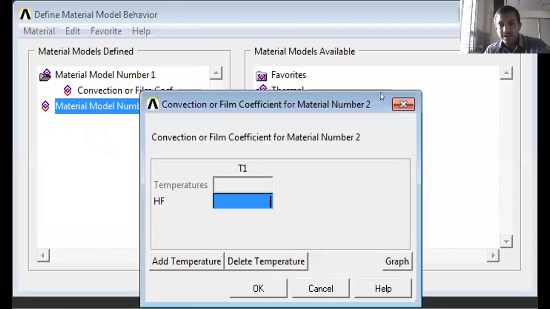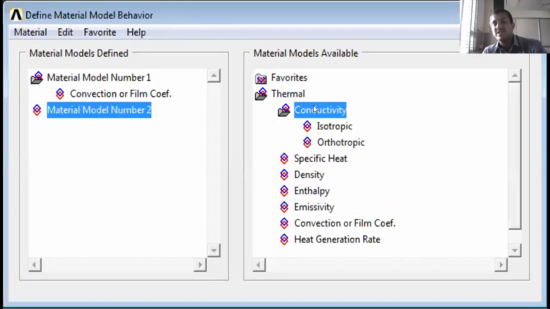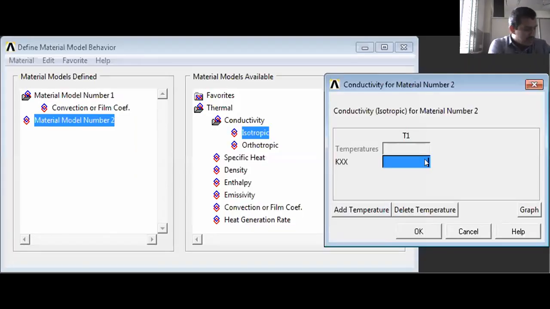Now, for the second material it is not the convective mode of heat transfer, it is conduction. The second material is what? The gypsum board, right? Conduction. In that, isotropic, what is the Kxx value for gypsum? It is 0.176.